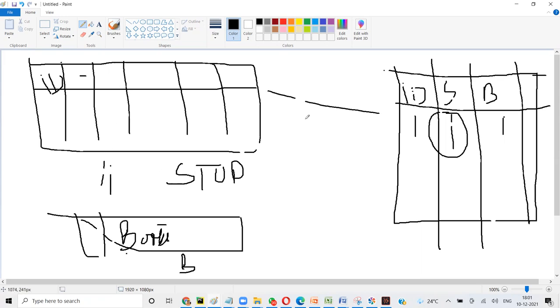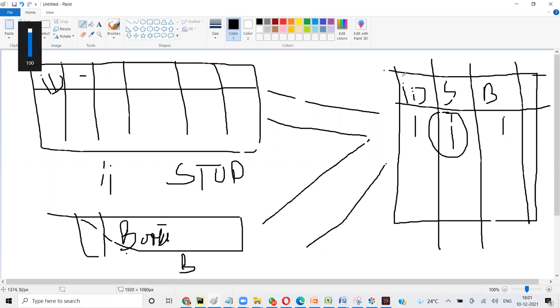So the relationship is the connection. If I have to do something with book and student, I have to go to the transaction table, and from there go to the book table.